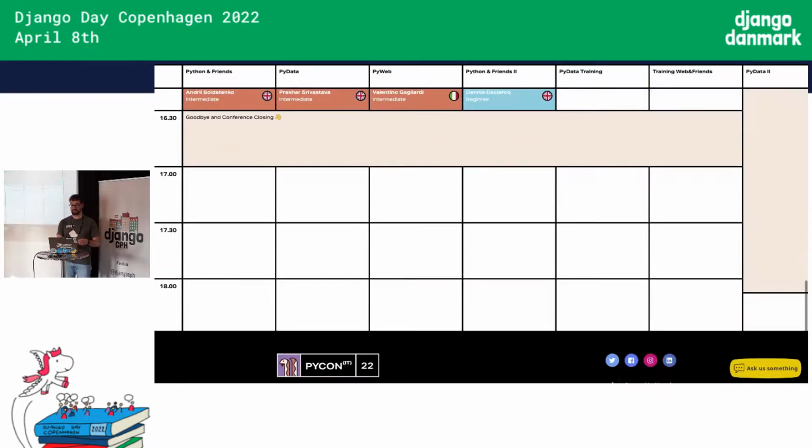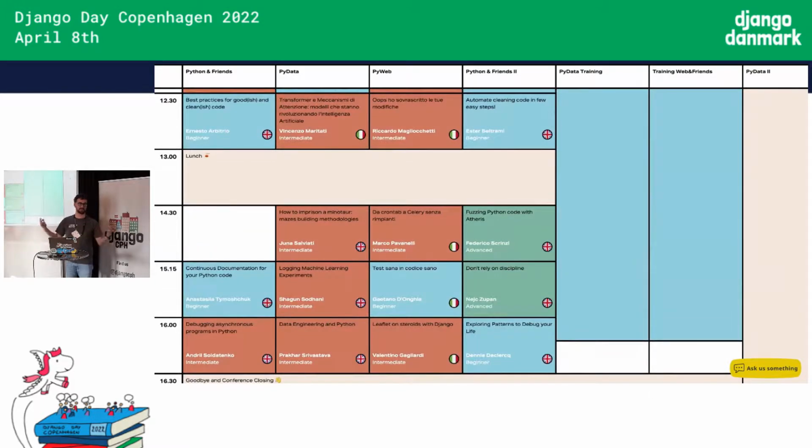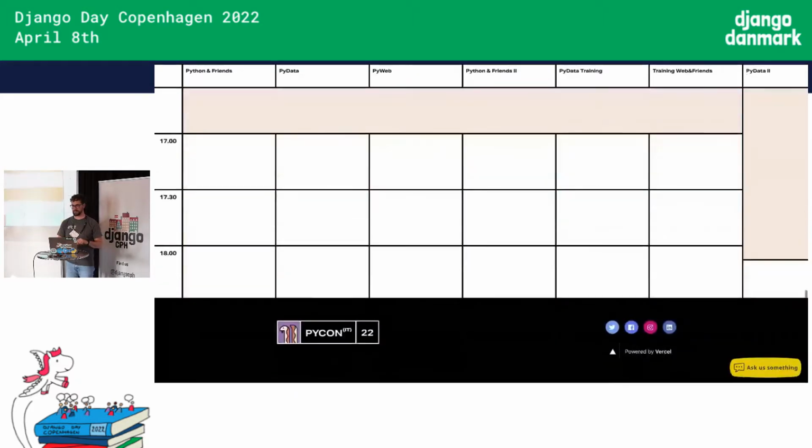And for the first time this year, we also have a garden, because it's June, it's very hot. So we have a garden. We organize some tracks and talks about green and climate change and similar stuff. So I invite you to join us. We still have some tickets, and